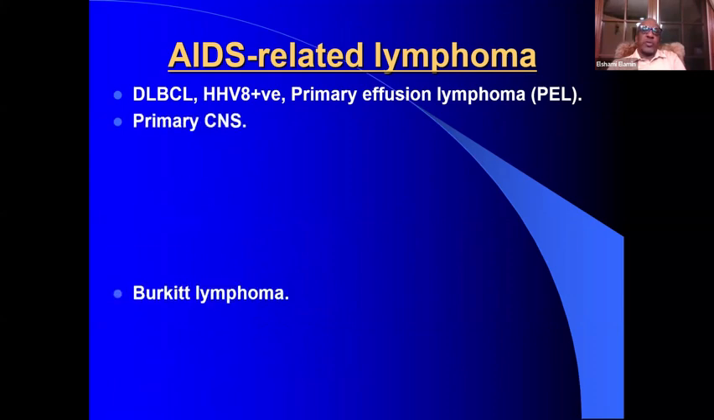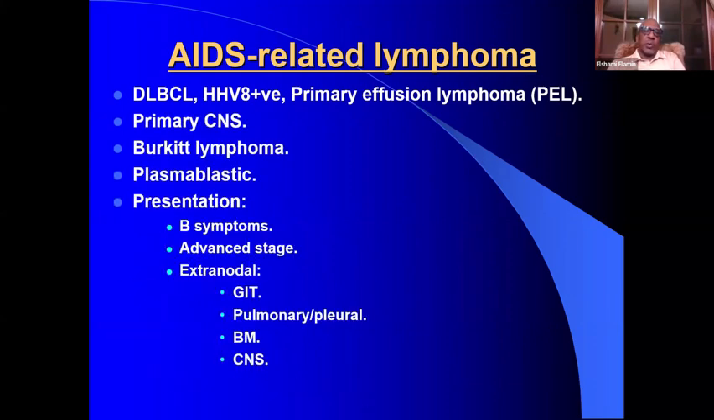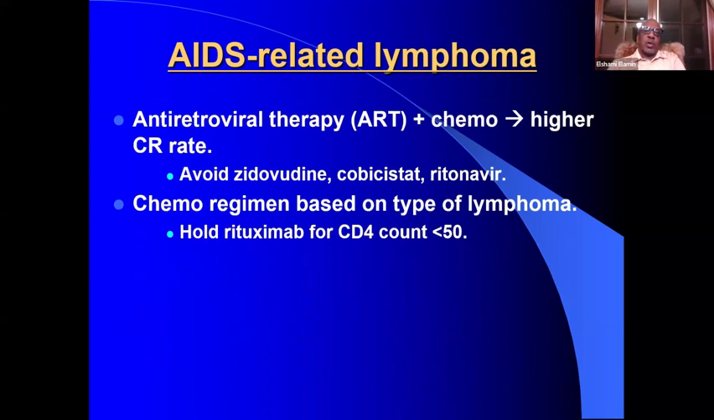AIDS-related lymphoma, this is just a type of AIDS-related lymphomas. Go quickly over those. Antiretroviral therapy plus chemotherapy give a higher rate, so you treat the AIDS and the lymphoma at the same time. Avoid zidovudine,